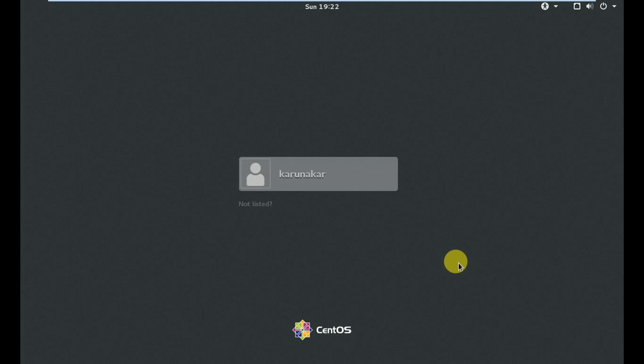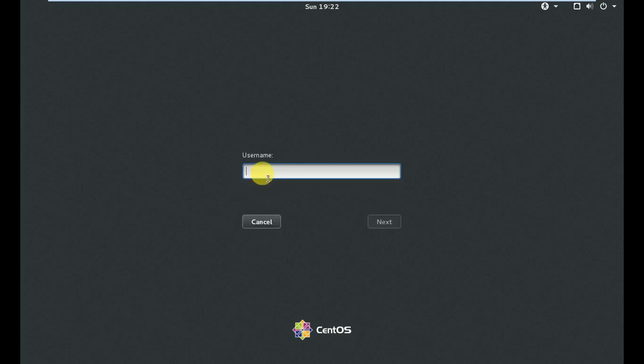Okay, I gave a normal user as Karunakar. No, I'm not going to log in as a normal user, so I'm going to log in as the root user. For that we have to click not listed. Username is root, enter.